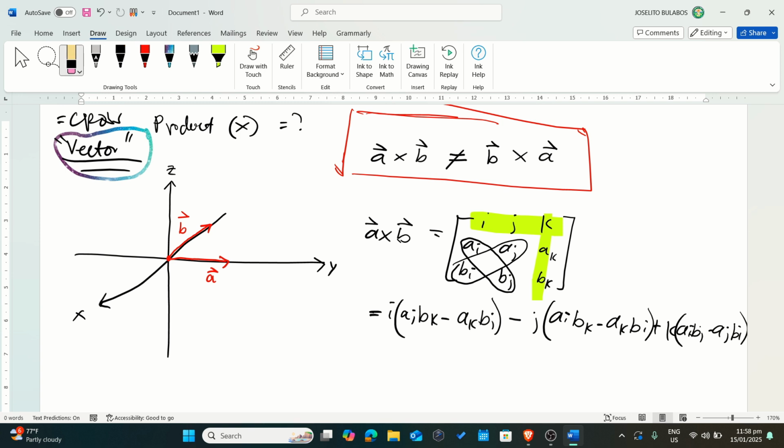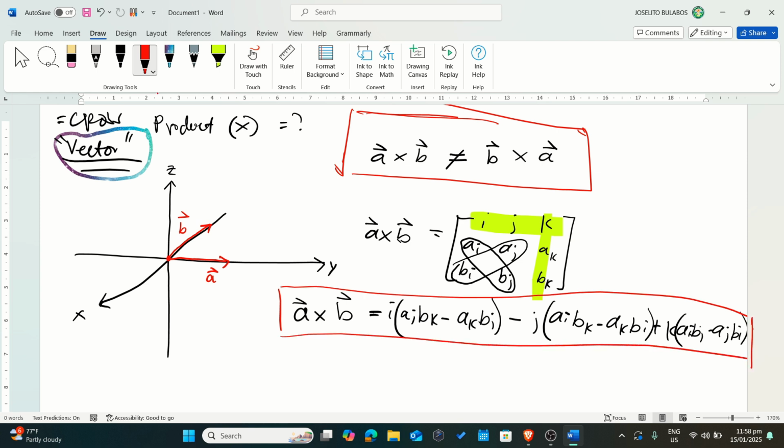And this is actually already the answer. So the cross product of A and B is this one. This will be the equation that we are going to use in solving for the cross product of vector A